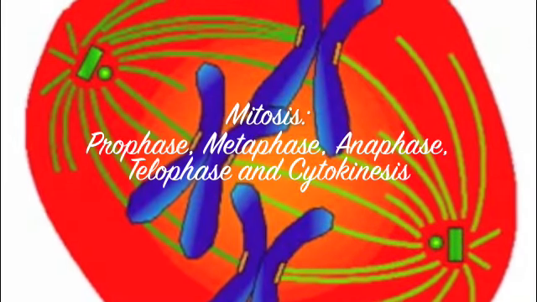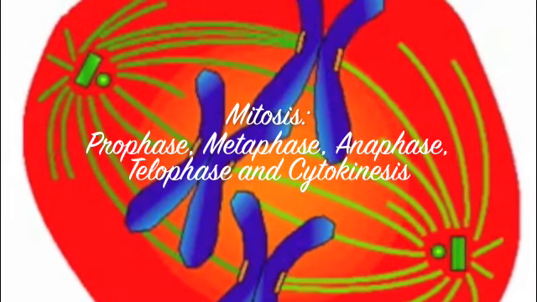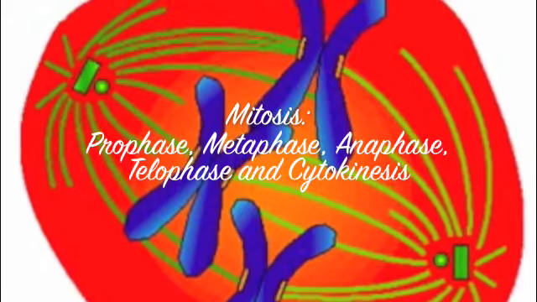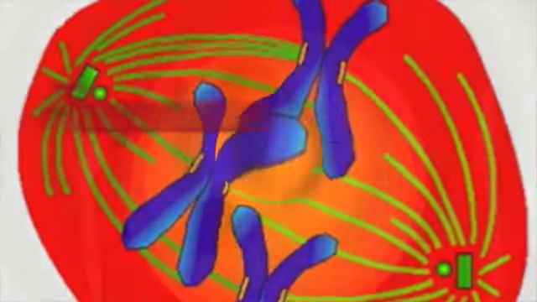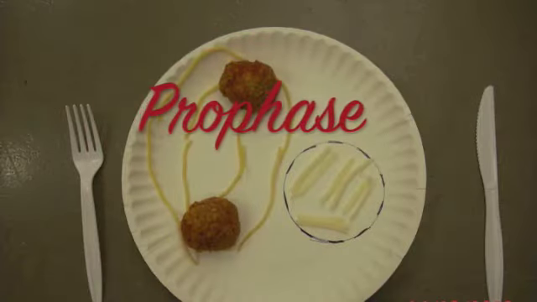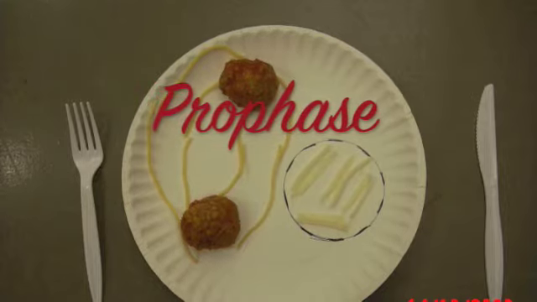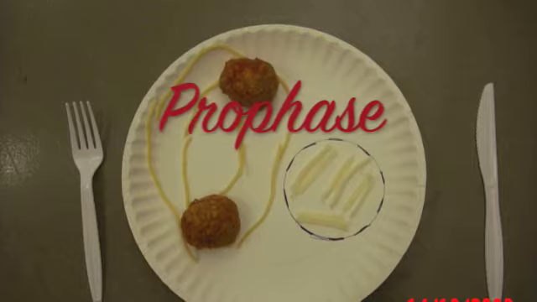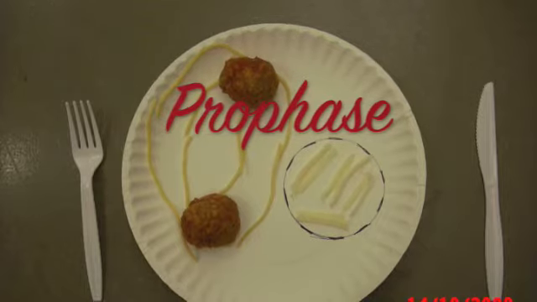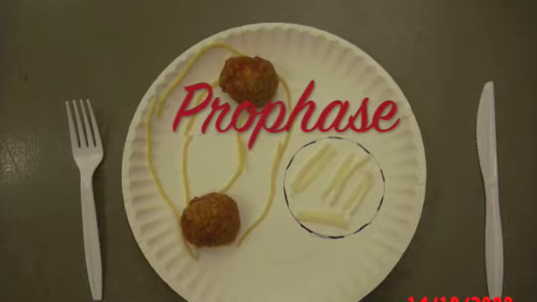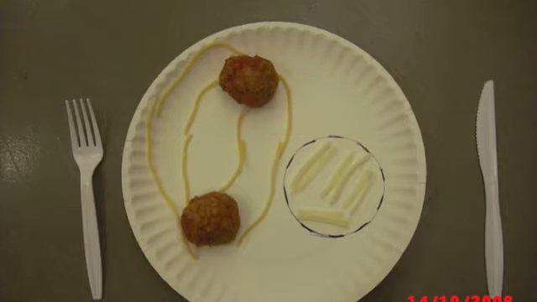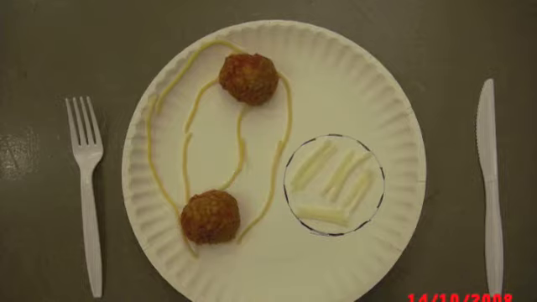Mitosis can be broken down into four subphases: prophase, metaphase, anaphase, and telophase, and cytokinesis. In prophase, the chromatin fibers take on a tighter, more solid form. The nucleus, or garlic bread, has now disappeared, and the duplicated chromosomes now appear as two identical sister chromatids joined at their centromeres. The mitotic spindle, depicted by the spaghetti in this case, is connected to two meatballs, which represent